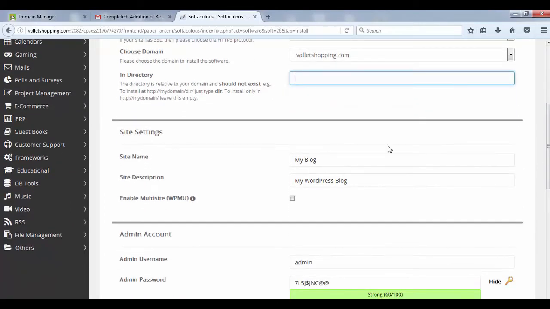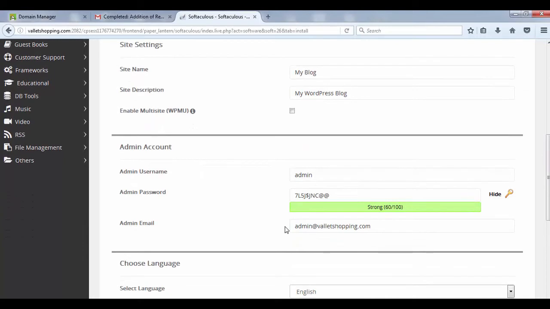Moving ahead, we just need to name our website. My website can be a blog, an e-commerce site, or anything. So for the understanding of the customer, what my website is all about, you can write out the name and description here, so that it would appear on your website.